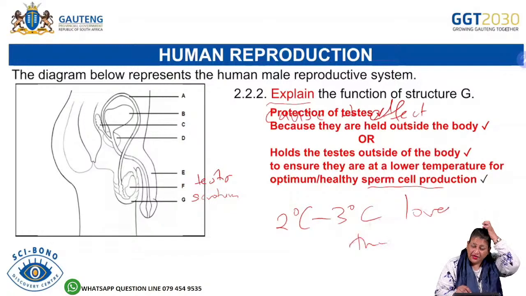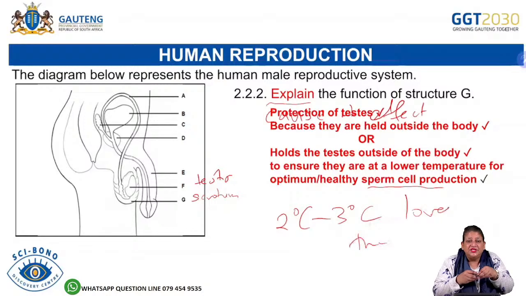temperature. Remember, if the body temperature is 37.5 and the testes go to 40 degrees, if a male has a fever, all his male sperm cells can become sterile. They will denature. The enzymes in the mitochondria will denature. The sperms will become inactive, or there'll be a low sperm count, or the sperms can be abnormal, or they will not be healthy. Therefore, the testes is protected by the scrotum because it's lying outside the body, or you